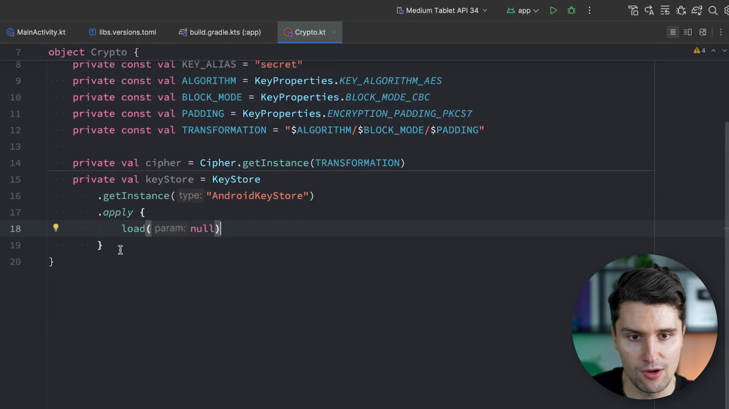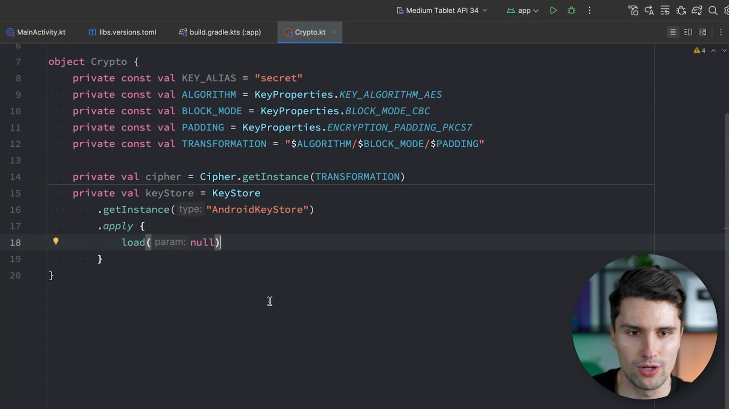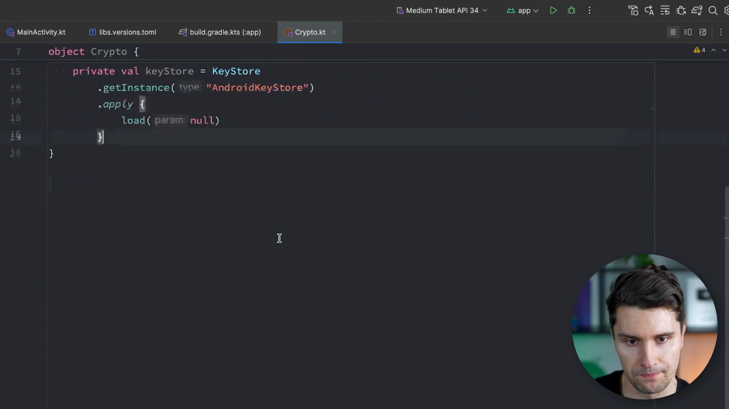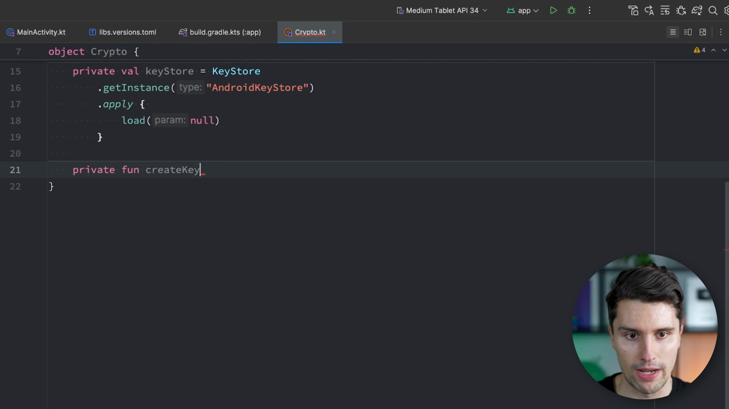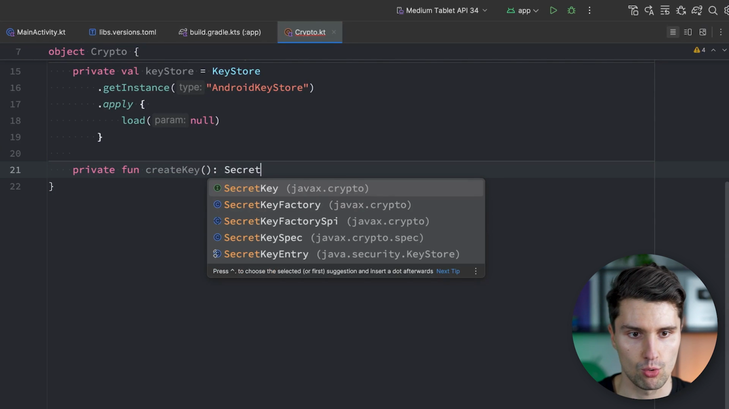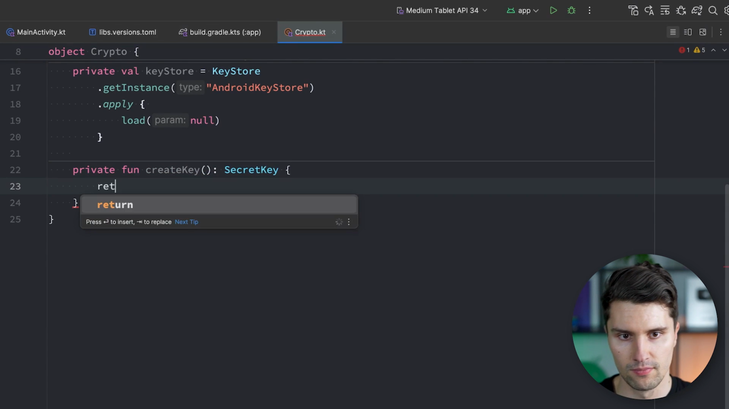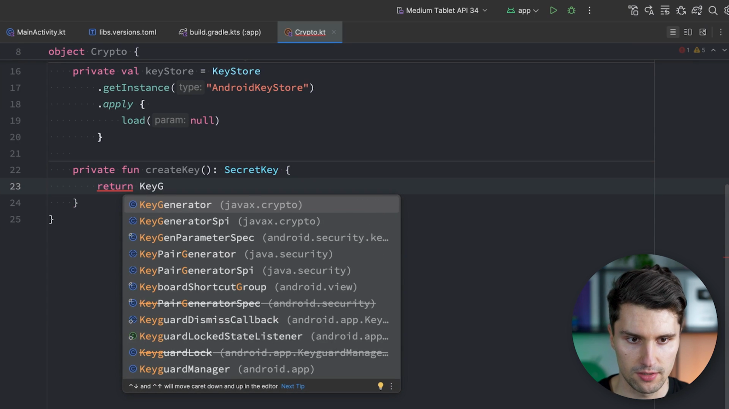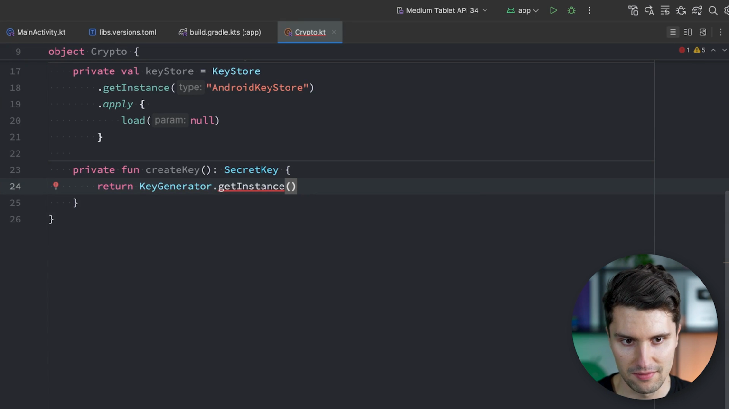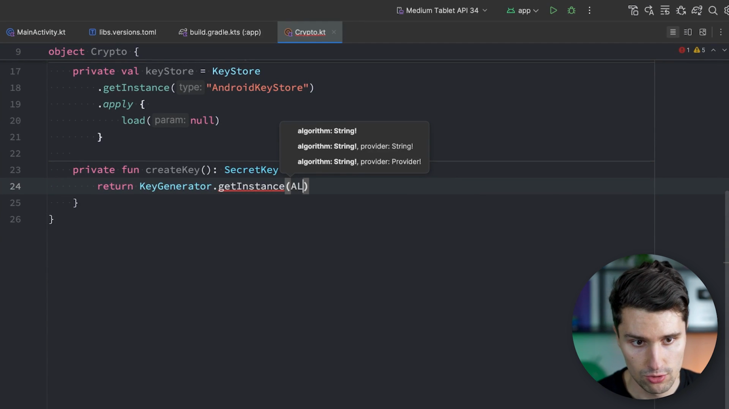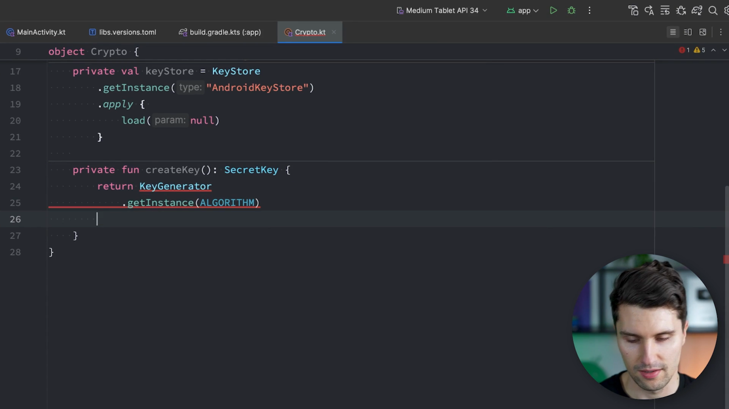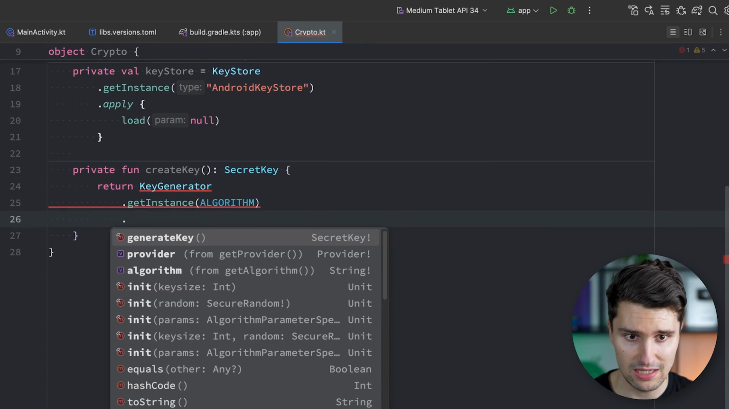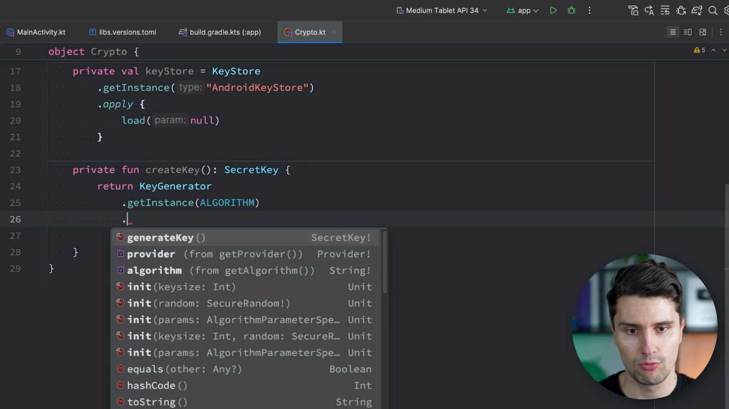All right, now what we need is a way to actually generate a key that we can then use for our encryption and decryption. This can happen in a new function, private fun createKey, and this will return a so-called SecretKey. And here you can then return KeyGenerator.getInstance again. We need to pass in the algorithm we want to use, so we can simply pass in our algorithm from above. We can then call generateKey in order to generate that, but in between we want to apply